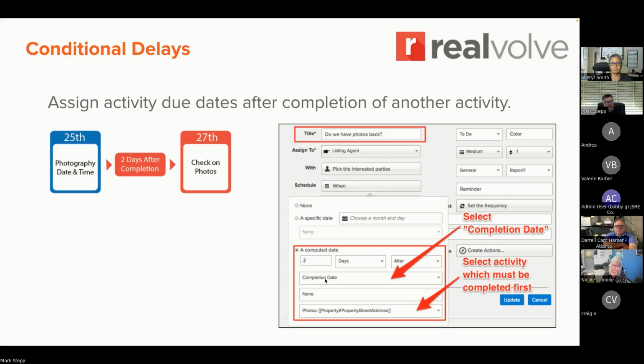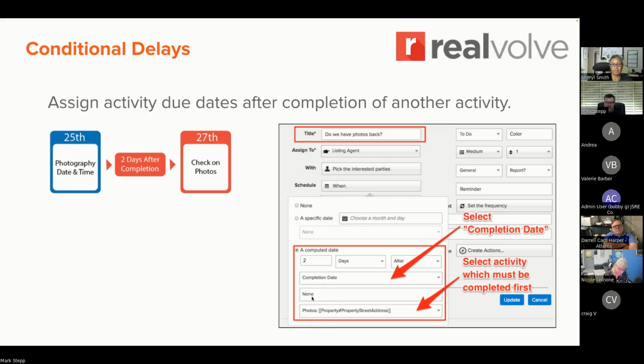Completion date is one of those special date drop-down items, like start date, end date, and completion date. They're not actual fields in the database. They're a special type of item that says, I'm waiting on the completion of something, and that something is defined